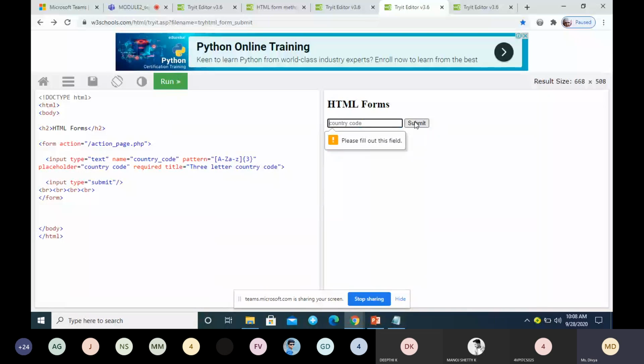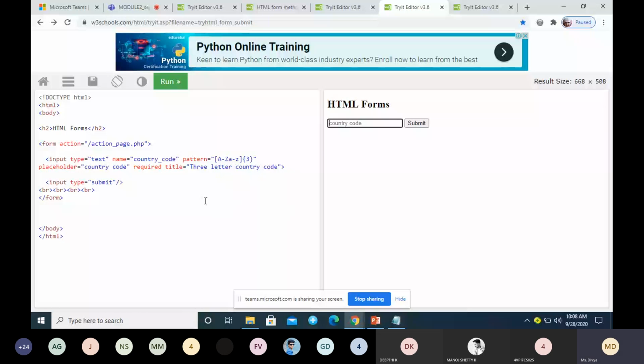If you are not entering any value, it will give a message, please fill out this field. So required means it will not allow you to go for a blank text box. Without entering the data, you cannot click on the submit button. This text box must contain some data. It is a required field.